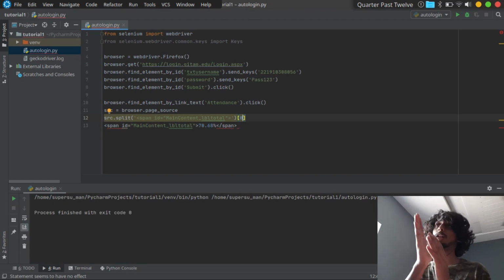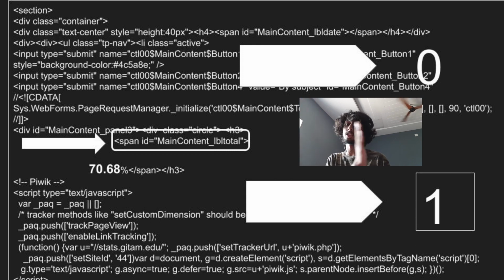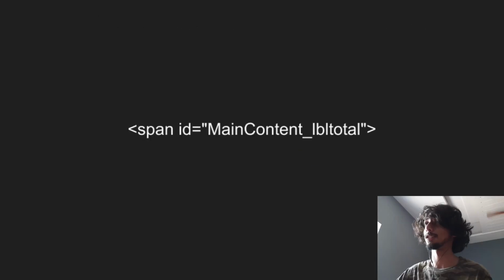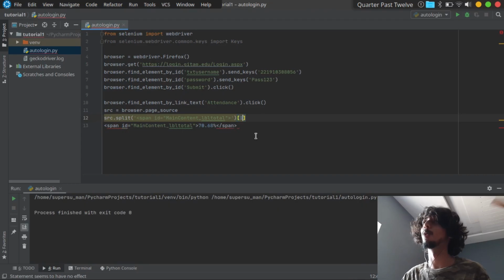Remember that here we are splitting it only into two parts, 0 and 1, because there is only one kind of splitter in the entire web page. And what's the splitter here? This code. So 0 is the entire source code before this splitter, and we have the required data in the later part of the splitter. So we're going to type 1.